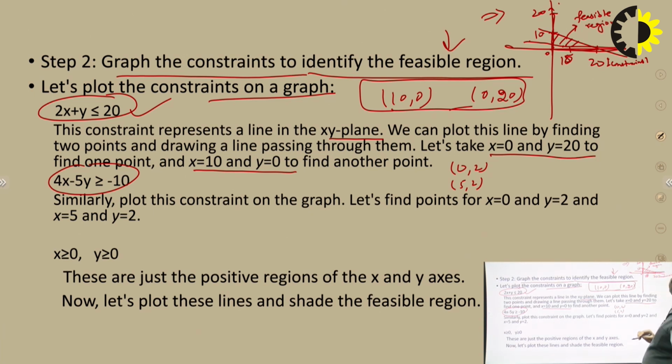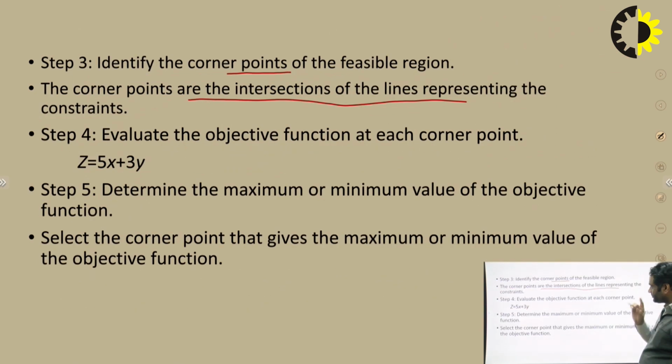In the third step, we need to find this feasible region by connecting the intersection points of these constraints. So this is first, then this is second, then this is third. Now we are getting this feasible region related to our problem. Identify the corner points. We get the corner points by collecting all intersection points of the feasible region. Now in the next step, evaluate the objective function at each corner point, that is z equal to 5x